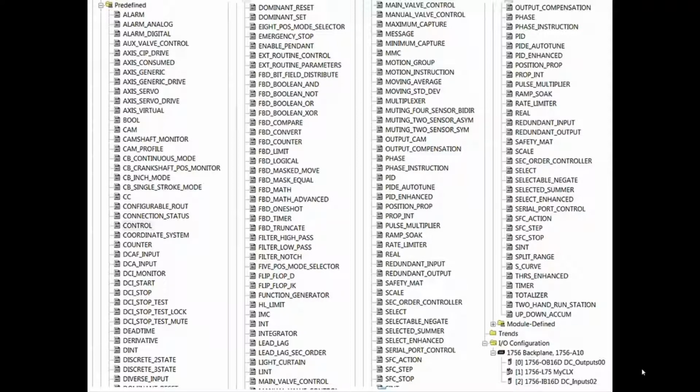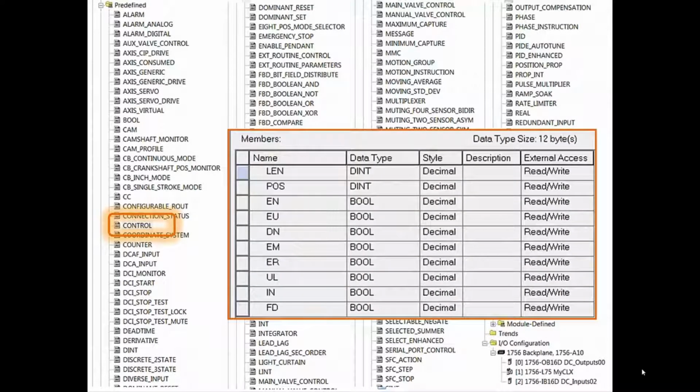If you bring up a TON, TOF, RTO, and you type in delay timer, you right click on it, it says new, it is automatically going to want to make it a timer data type because it knows it's a timer instruction. So these are backing tags for the most part. For instance, a control data type that you may have used in RSLogix 500 with sequencer instructions is a predefined data type that was available in RSLogix 5000. If you create an instance of this data type without an instruction,